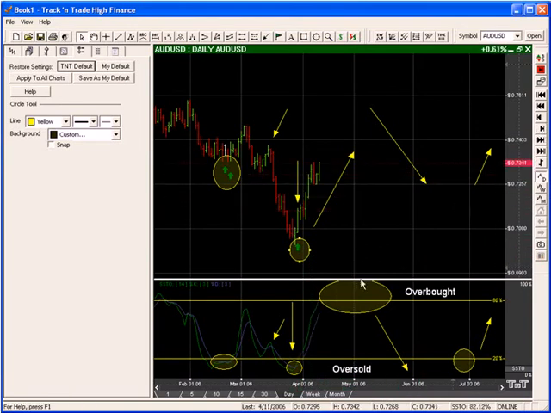Now let's progress forward a little bit more. And as we watch and we see that these two lines are now coming up into the overbought region, notice how they come up into the overbought region, and we now have a sell arrow. Now, don't really think about this as so much as a sell arrow, as it's just an indication that the market has changed from oversold to overbought.